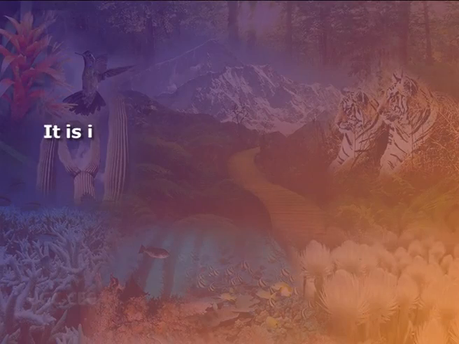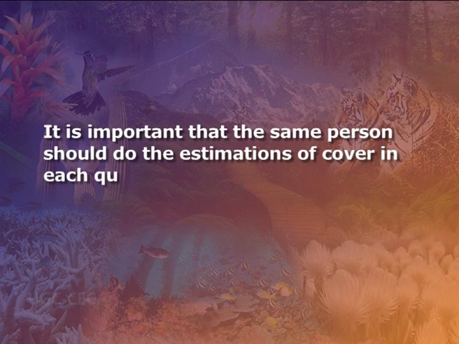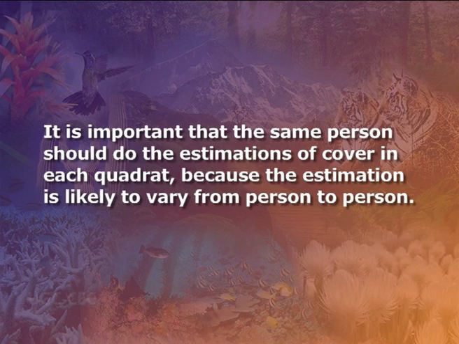Quadrates are sampled all the way down the transect line at each marked point on the line, or at some other predetermined interval, or even randomly if time is short. It is important that the same person should do the estimations of cover in each quadrate, because the estimation is likely to vary from person to person. If different people estimate percentage cover in different quadrates, then an element of personal variation is introduced, which will lead